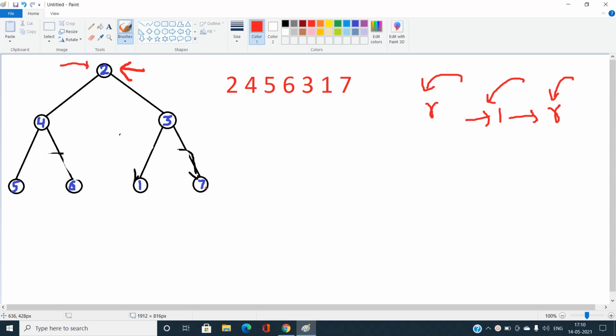Then in extreme right, I'll go to the left, then go to the root. How is it going to be done? Let us try to understand this by taking this as a subtree. If I have been asked to find the pre-order of this tree, it is simply like go to this step, I'm just drawing the arrow, then go to this step. It is like 3, 1, 7.